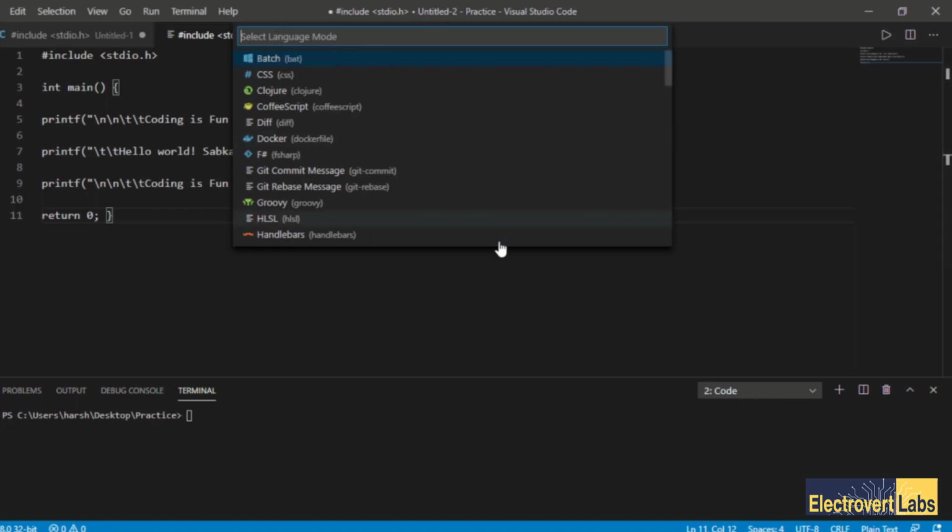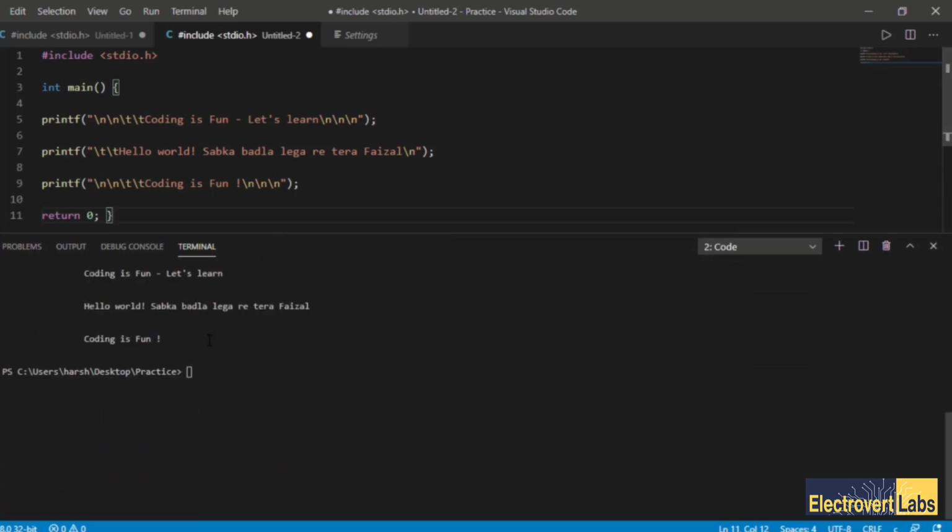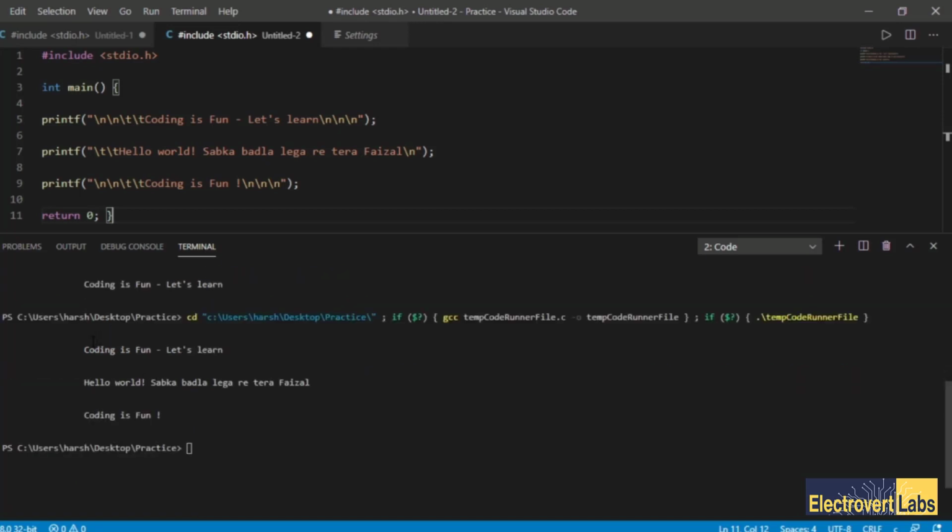I do that proactively, and I select the language first because it helps me with all those colors. I will select C, and this is how the coloring is done, and it will also give me some suggestions before writing anything. So select the language, and you can go ahead with your coding part. After writing the code, you can go ahead with the running part. As I pressed code runner here, it saved that file, made an executable file out of it, executed it and ran the code here, and you are able to see that on your screen.